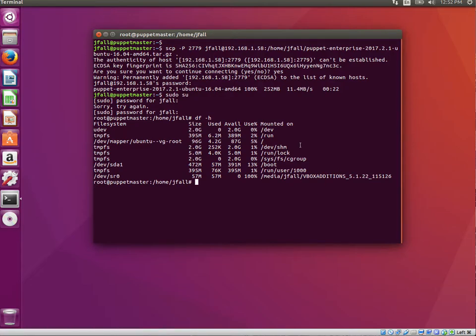So they were saying they wanted 100 gig. So here you can see, yeah, we got 96 gig available, 87 gig on slash. So hopefully that's going to be enough for them. I did install the Virtualbox editions into this VM, Ubuntu 16.04.1. So hopefully this is going to work out fine. And I did download this thing, so